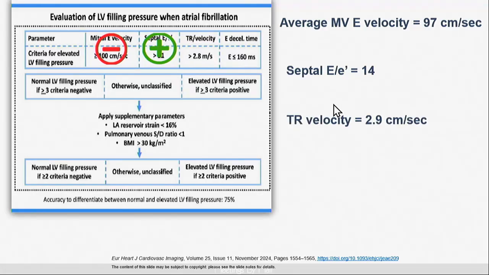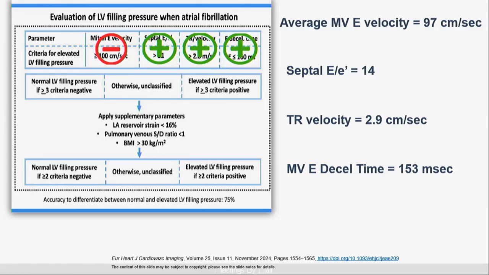Our TR velocity is greater than 2.8, the average of that, so again, that is a positive criteria. And then finally, our E-wave decel time was short. It was less than the 160, so that is a positive as well. If you follow this algorithm, it says if we have more than 3 positive criteria, that would be considered elevated